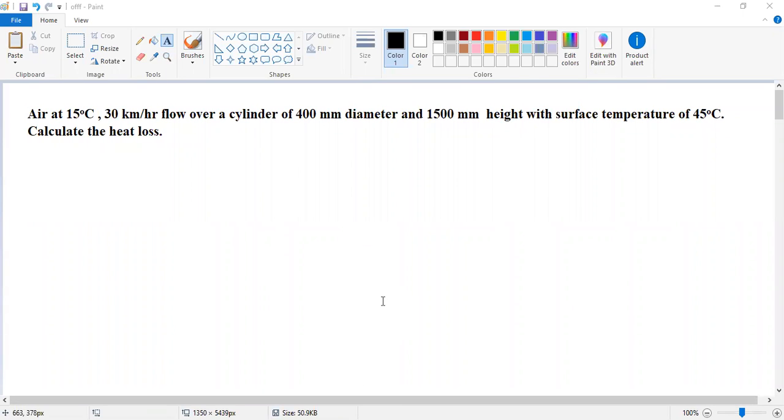Okay. So next we see about the heat transfer, flow over the cylinders and spheres. So these problems are related with the external flow. Before going, we just see what parameters we find for the flow over cylinders and even the spheres.